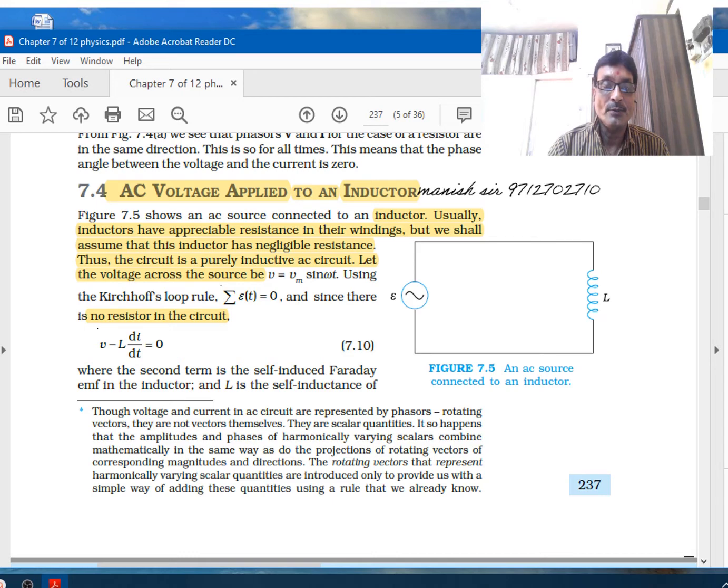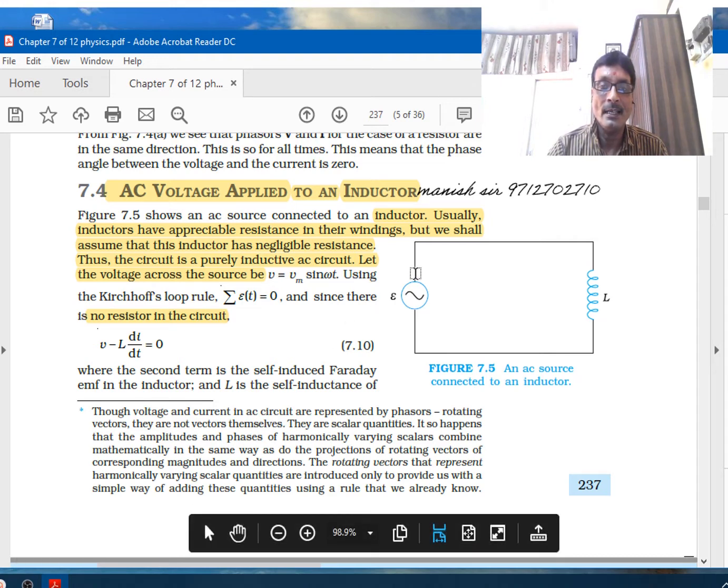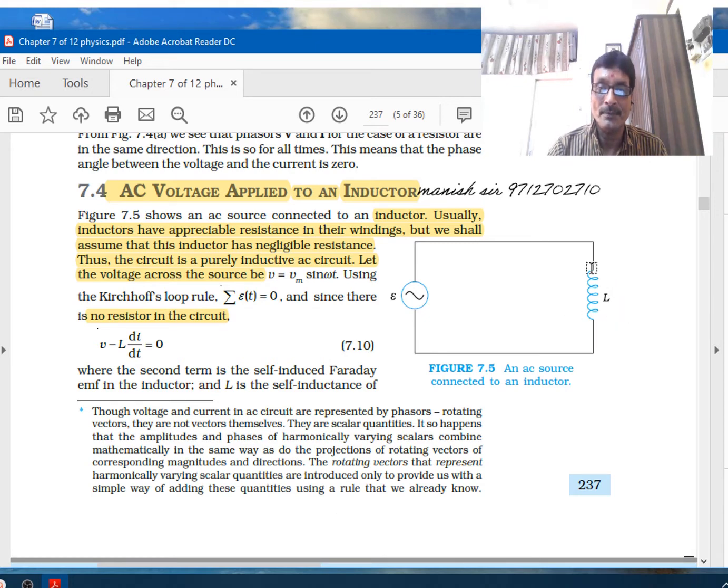My dear student, we will now learn chapter number 7 of standard 12th, AC voltage applied to an inductor. From the figure we see that here is the applied voltage, here is the inductor. We know that an inductor consists of some metal, so there is a presence of resistance also. But here we are going to consider that the resistance is very low with respect to this circuit. So see,